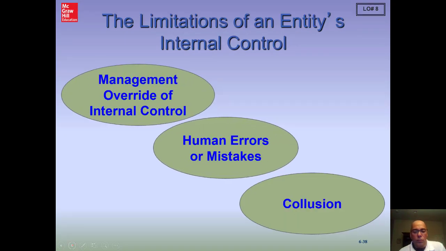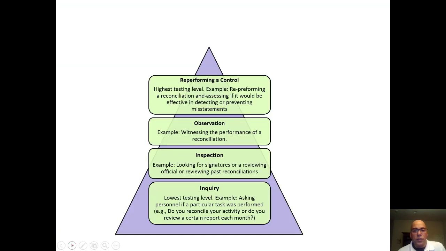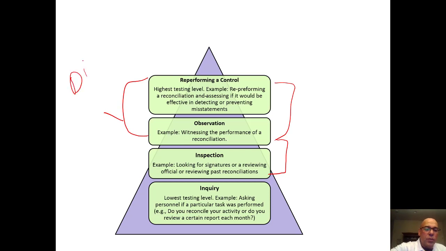Remember, when we are getting the evidence to support our internal controls, when we started control testing, we had a hierarchy as to the nature of the test of those controls. And so we had at the top of the food chain reperforming, observation coming next, right? So this is a hierarchy. Inspection, inquiry being the least reliable. Let me put my little brackets over here. These two being what? Direct personal knowledge. Remember we said that's the best, okay? But of that direct personal knowledge, the best is going to be reperformance for our internal control testing, okay?